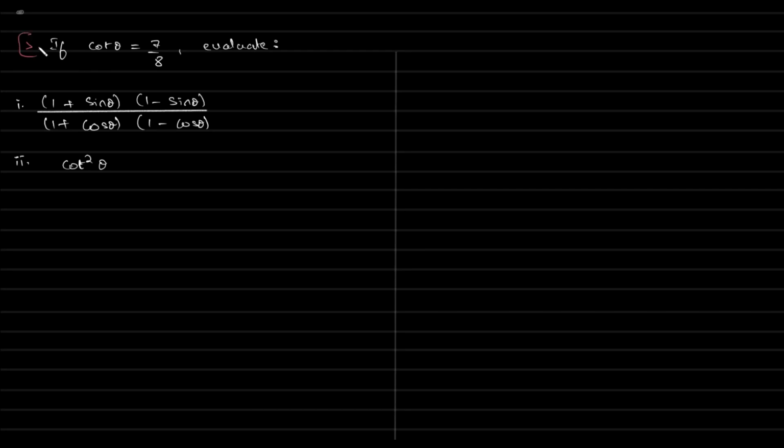If cot theta is 7 by 8, evaluate (1 plus sine theta)(1 minus sine theta) divided by (1 plus cos theta)(1 minus cos theta). And the second part of this question is cot square theta. So this is nothing but cot theta the whole square. That's how you read this, and that's how you evaluate or work it out. So cot square theta, this is how you read it, but you solve it as cot theta the whole